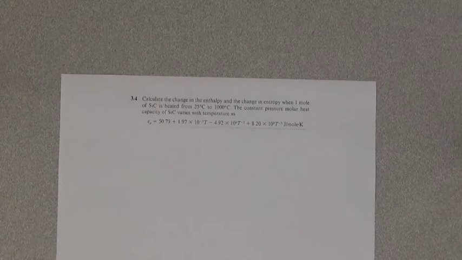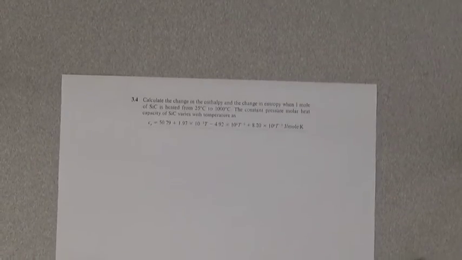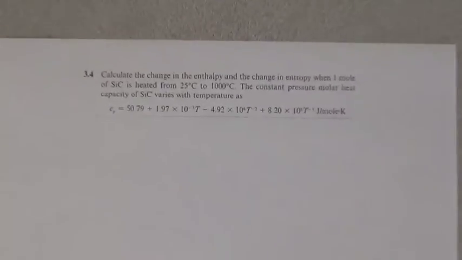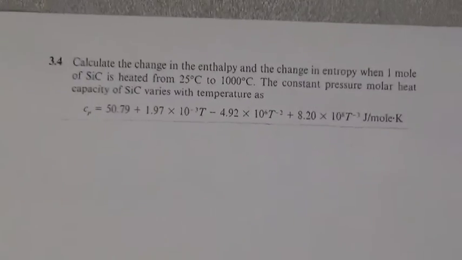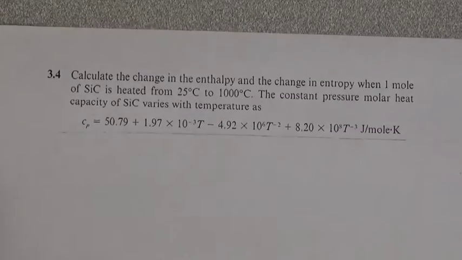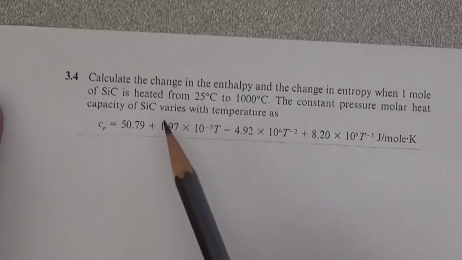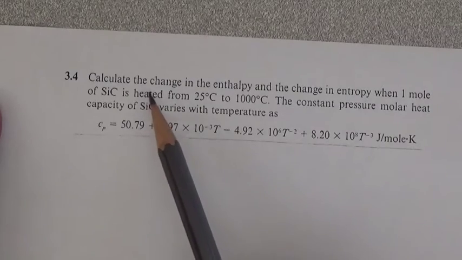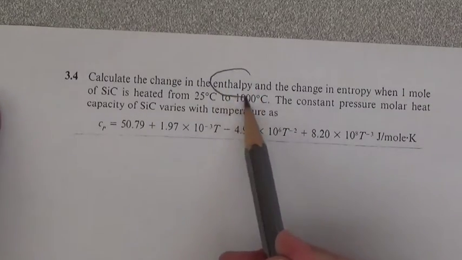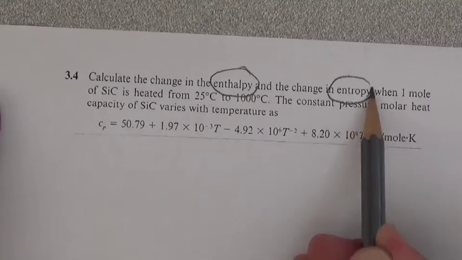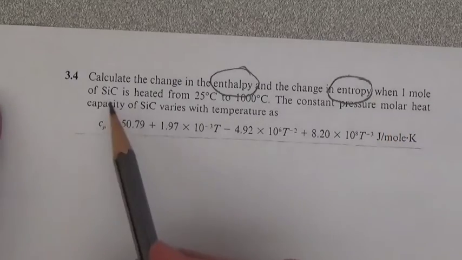Let's now work on problem 3.4 from Gaskell. I kind of like this part of the book. We're finally coming to the point where we're looking at materials and looking at solids. So the problem is to calculate the change in the enthalpy and the entropy when 1 mole of compound, this